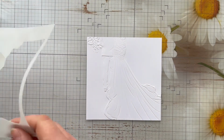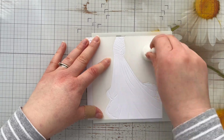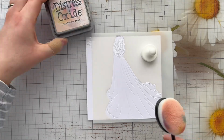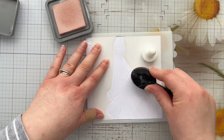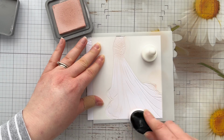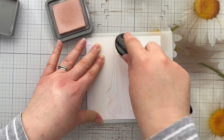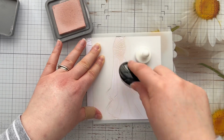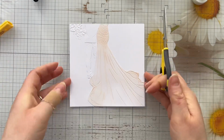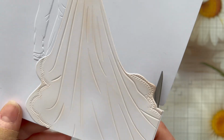For our second card today, we're going to be using just the dress from the embossing folder. So I really want to show you how easy it is to customize this as well. So obviously you might want to use this for just an engagement card to the bride-to-be. You might want to use it as a thank you for being my bridesmaid card. So you just want to really focus on perhaps the dress. So I'm just using the Tattered Rose Distress Oxide. I'm just adding lots of ink through the stencil just to really kind of define the dress and add some colour. And then I'm going to grab my CutterBee Scissors and I'm just going to fussy cut all around that